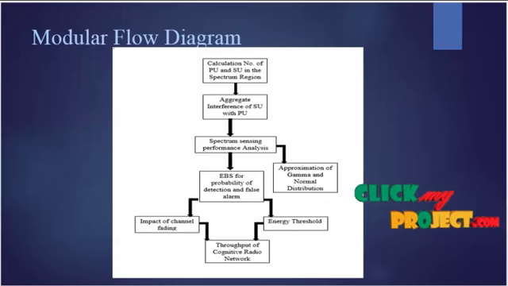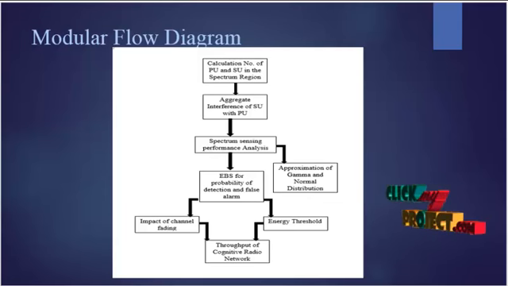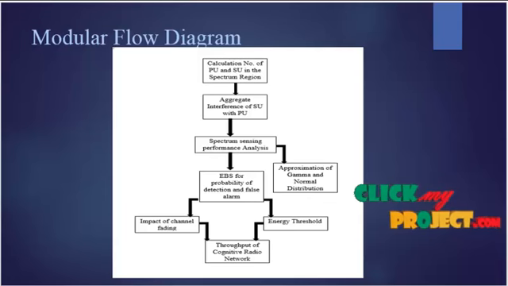Usually, the secondary users are outside the spectrum range, causing the primary users to have an aggregate interference level. By the formulation of the area of secondary users and primary users for the throughput in the cognitive radio network, the number of primary users and secondary users in the spectrum region is calculated. The aggregated interference level caused by the primary users due to the secondary users has been aggregated and formulations have been made.